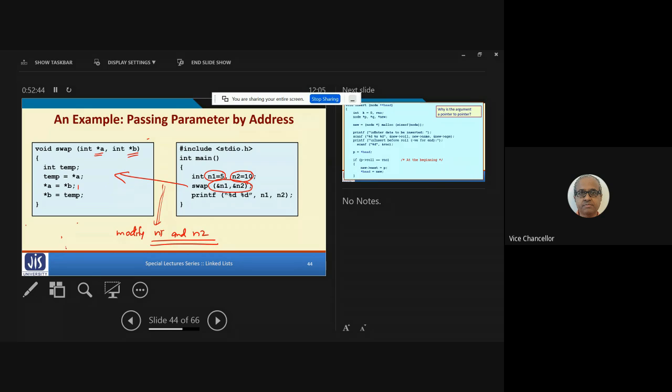So whenever you have declared some variable in the main function that will get modified in a function, you need to pass addresses, and in the function, you need to use pointers as parameters. Otherwise, the original values will not get modified. This is what I explained just now. Got it? Yes, sir.